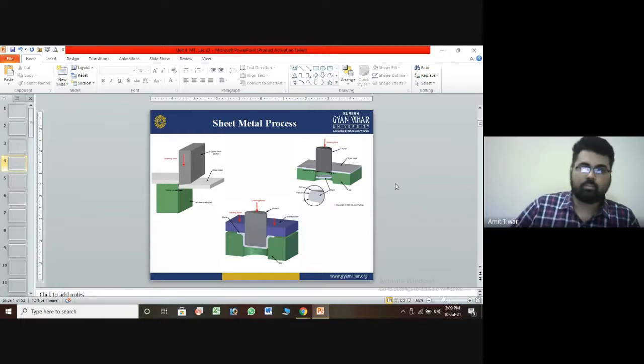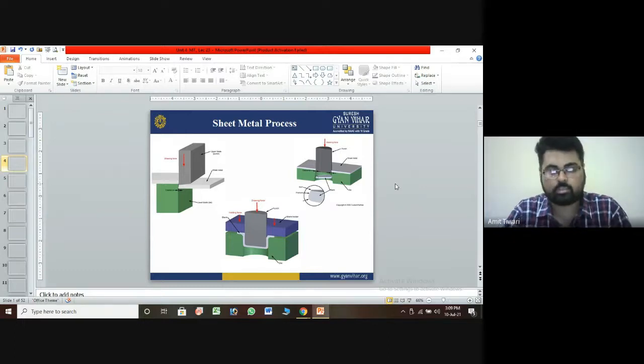This section will be formed as sheet metal, a U section, T section or I section. Whatever type of section you want to fabricate, you can easily fabricate by applying the sheet metal process. So sheet metal processing is not a very difficult task, it is easy to understand. But the punch is required for that, along with a material having good capacity, so it is easy to cut the material.